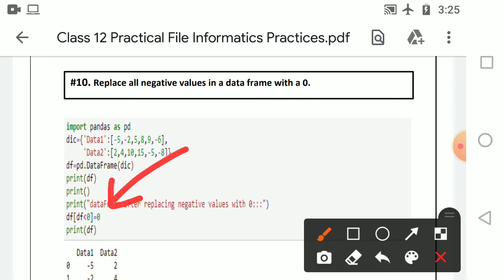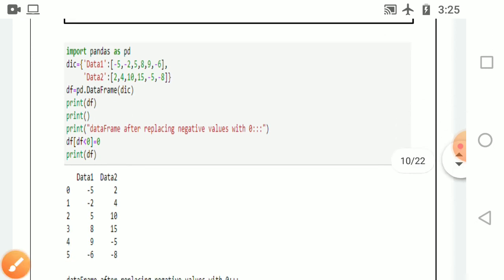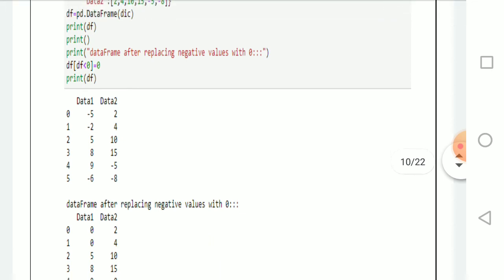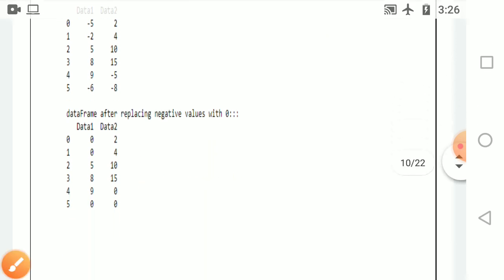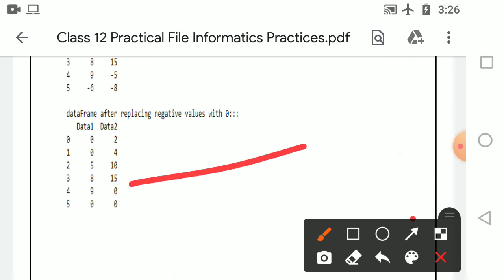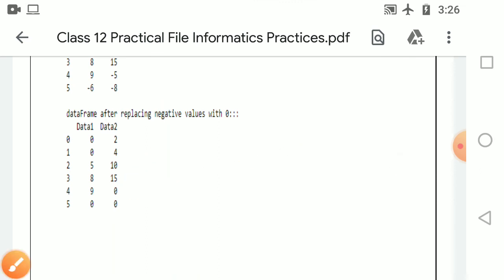You can see here it checks whether df is less than 0, then if it is less, we are assigning it equal to 0. This is the original data frame, and this is a new data frame in which the negative values are replaced with 0.